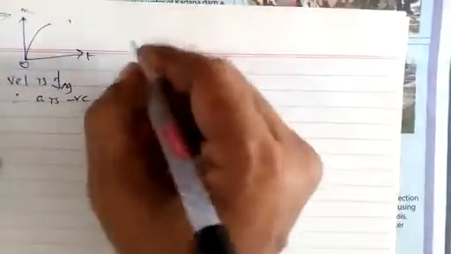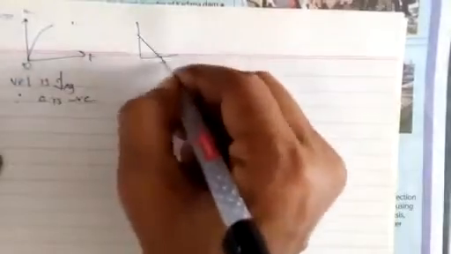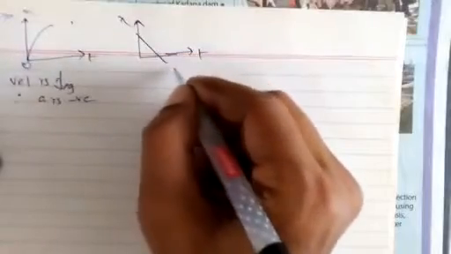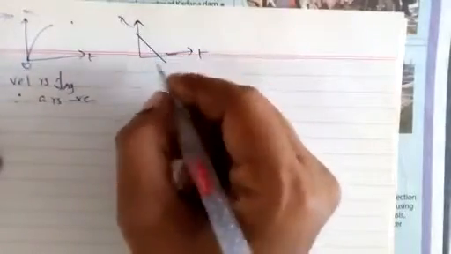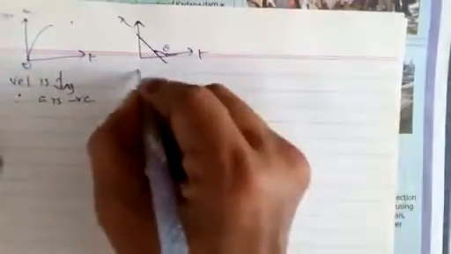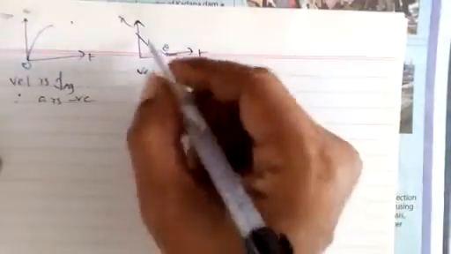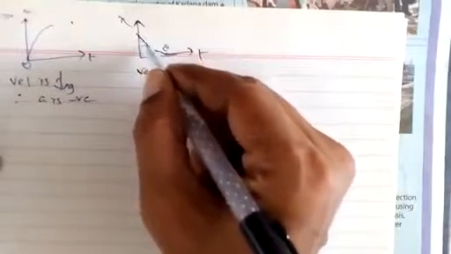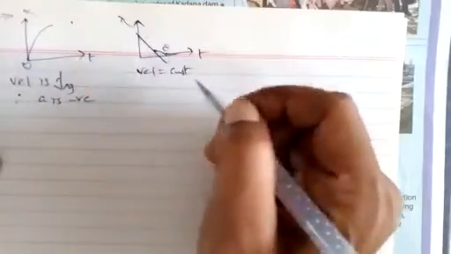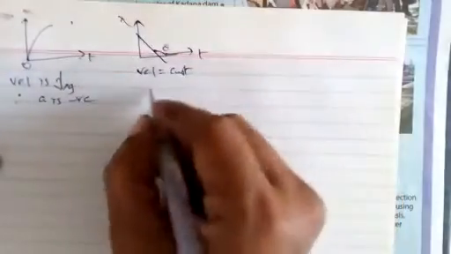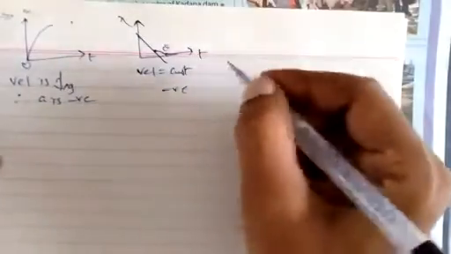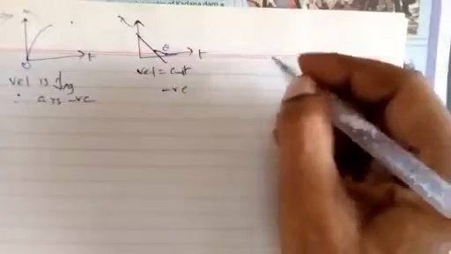Next, if the position time graph is like this, this is x and this one is t. The graph is coming in the downward direction. What does that mean? This theta is more than 90. Velocity is constant. Remember, the body's position is slowly decreasing, at regular intervals. So the velocity is constant, but in this case it is negative. So v will be constant but negative. These are some of the graphs.